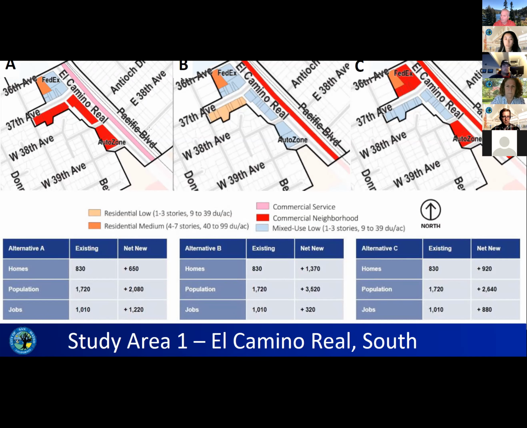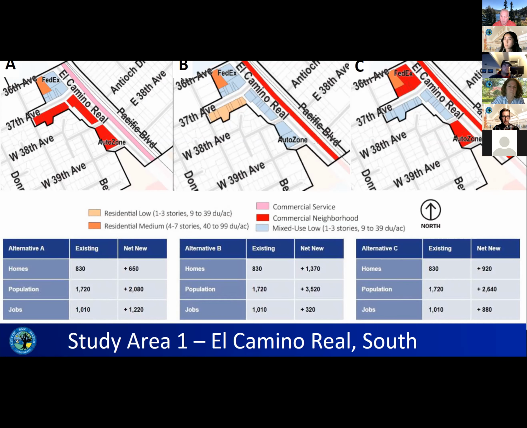Thank you. I have Paul, who had a question. The red designation is 1 to 2 story, right? So the commercial neighborhood, generally that would be true. It's sort of like small retail locations, like ground floor retail. It would not be high rise or medium density. Got it. Just want to let you know we have 5 minutes left. Okay.